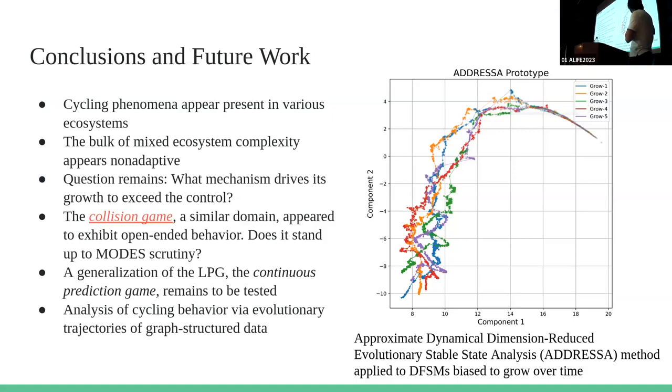And so we have a prototype of a dimension reduction technique using graph neural networks in order to map out the trajectories. So this is actually built using those same finite state machines, starting from, you can see the genesis point at the far right. As they grow over time, they're biased to grow synthetically. You can see they sort of flow through this pipe in the space, interweaving around. So I'm going to talk more about this method at the lightning talk at the Emerging Researchers of ALIFE